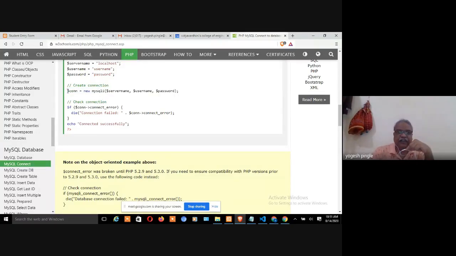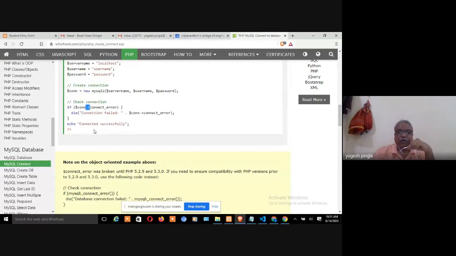In this particular case, con = new mysqli creates a new object, and they have sent three parameters. In our practical, we have also sent a fourth parameter, that is the database name, a very important thing that we have added here. Now look at the syntax: $con, and this is something called a pointer operator.